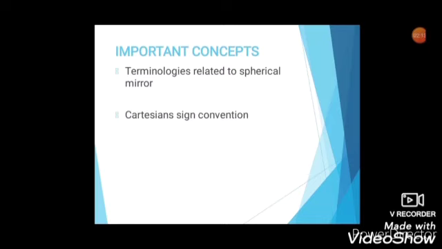The second thing is your Cartesian sign convention, which is again the base for these numericals. Without this Cartesian sign convention, it would be difficult for you to solve the numericals. Third is your mirror formula. That formula has to be there in your mind. The last one is magnification. Magnification is also a very important concept, which has to be very clear. With magnification, we derive different kinds of information required for the numericals. Without these four concepts, it's very difficult to solve the numericals, because all of these come in as applications for the numericals that we are going to solve.